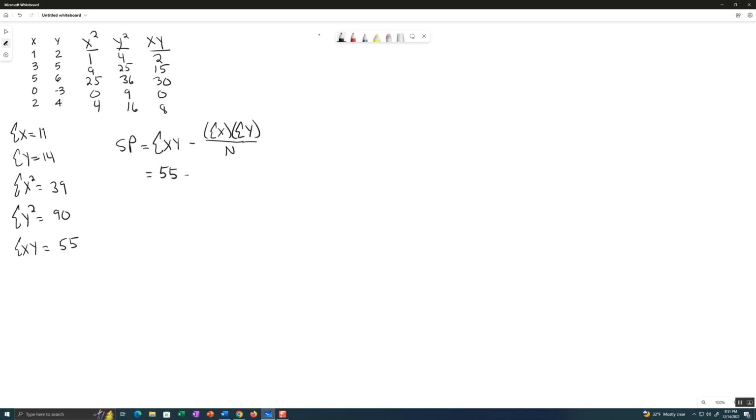Our sum of X is 11. Our sum of Y is 14, and our N is the number of pairs, and we have 1, 2, 3, 4, 5 pairs. So this gives us 55 minus 11 times 14,